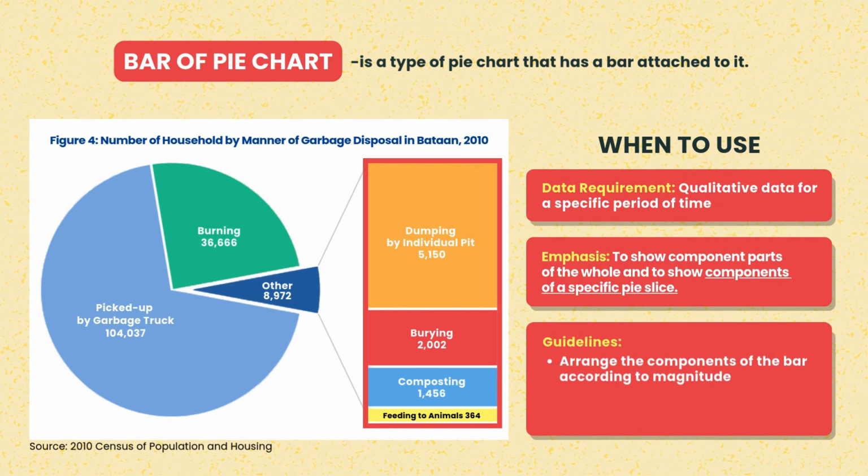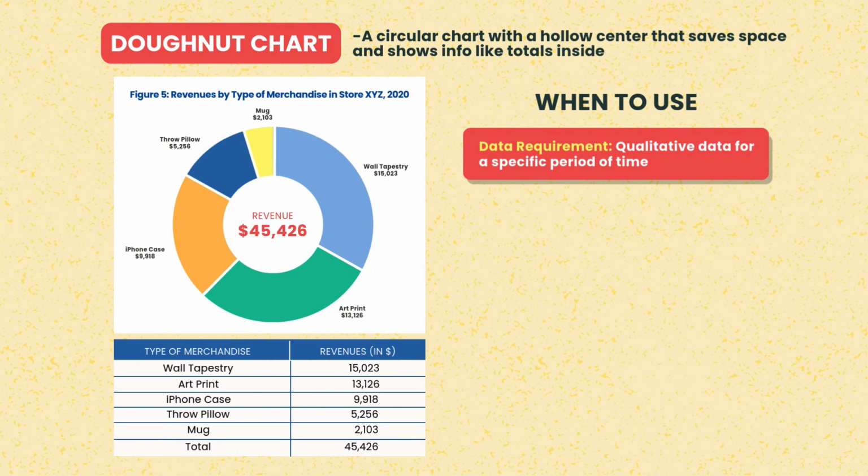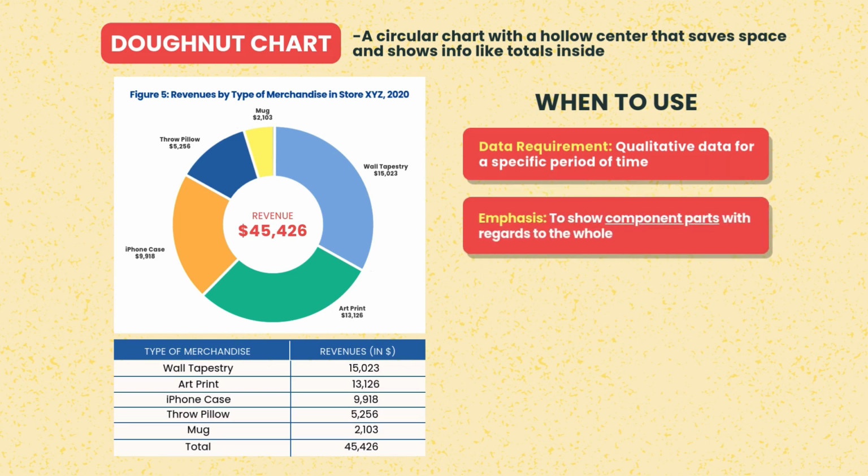Same as the pie chart, a donut chart is also a circular illustration of data, but it is more space efficient because of the blank space inside it, which can be used to display information such as totals. With regards to this chart, its data requirement and emphasis are the same as that of a pie chart, which is a qualitative type of data for a specific period of time, and it also shows the component parts of